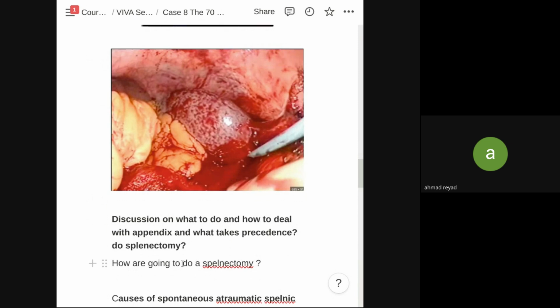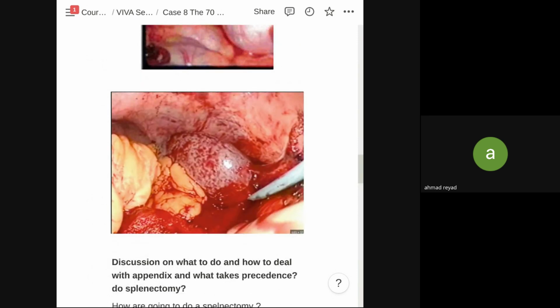I will start with the splenectomy first because the appendix will not go anywhere, but the spleen is still actively bleeding. So I will start with the spleen. First of all, I'll ask the team at the time of conversion to prep a large swab for me to do packing at the time of conversion to laparotomy. Okay. And then try to bring the spleen up, like any emergency trauma splenectomy, and start ligating the vessels, taking the spleen out and doing some transfixation and proper ties, making sure there's no bleeding